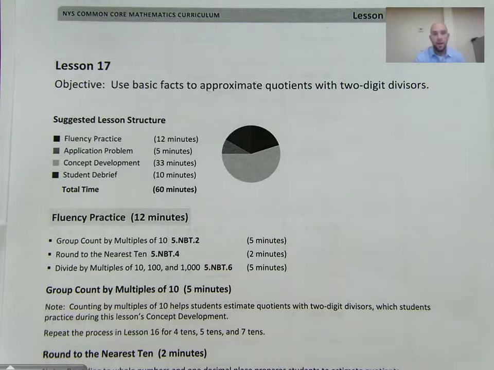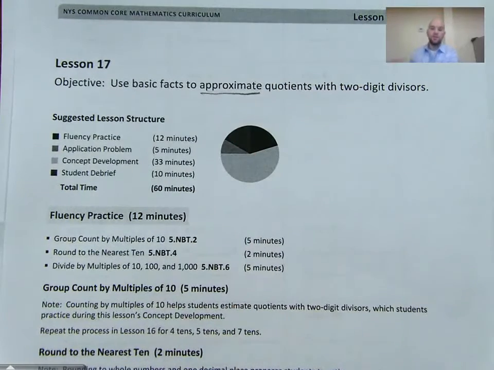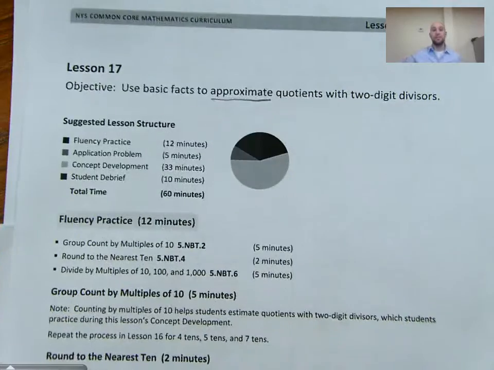Today we are doing 5th grade math module 2, lessons 17 and 18. Our page here just says 17, but they both involve using basic facts to approximate quotients with two-digit divisors. So we're going to put them into one video here. When we see the word approximate, that should let us know that we're going to be rounding. So we're going to be finding not exact quotients, but approximate quotients to help us come up with reasonable estimates